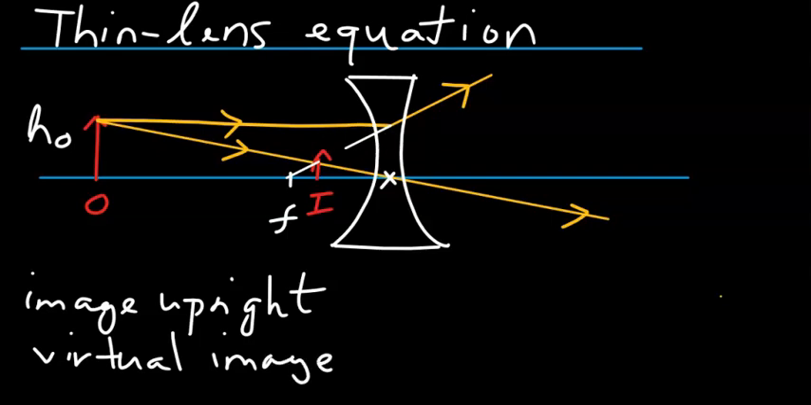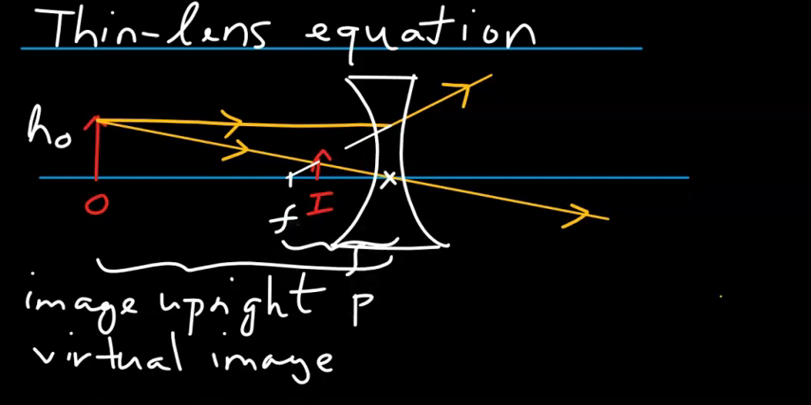Let's look at the parameters. That is the object distance. This is the focal length. And that distance is the image distance. And they are related through the thin lens equation,